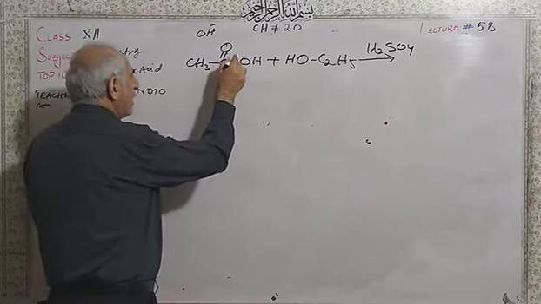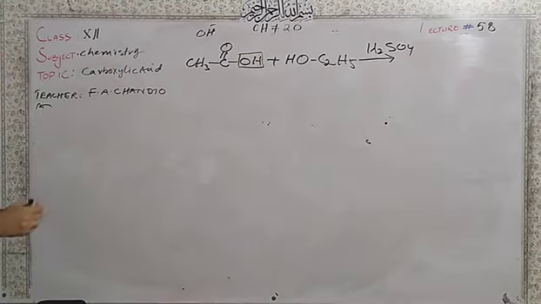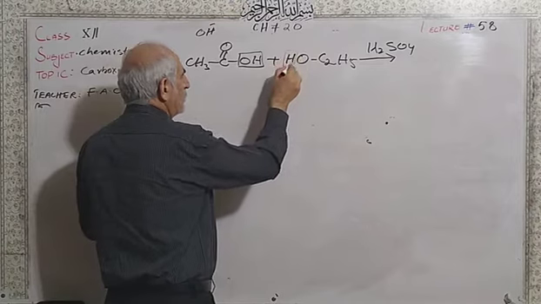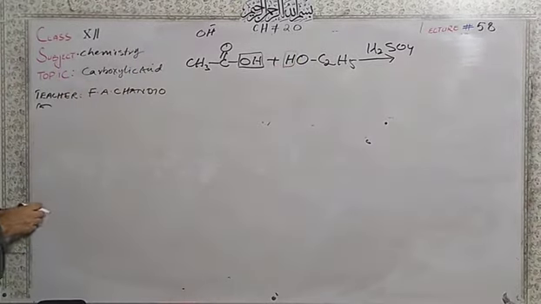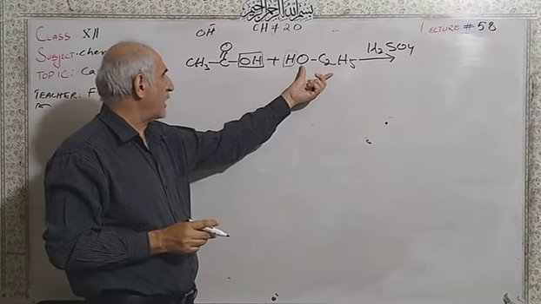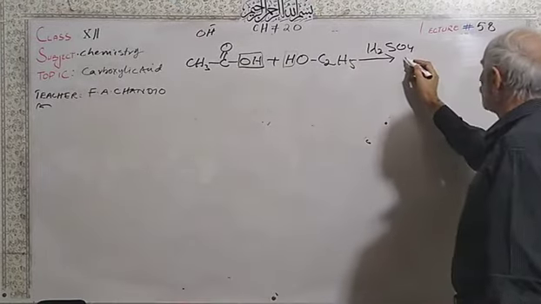Here again this OH is going to be removed from the carboxylic acid, and this hydrogen is going to be removed to make water, and this is called alkoxide. Ethoxide is going to be attached. So you will get